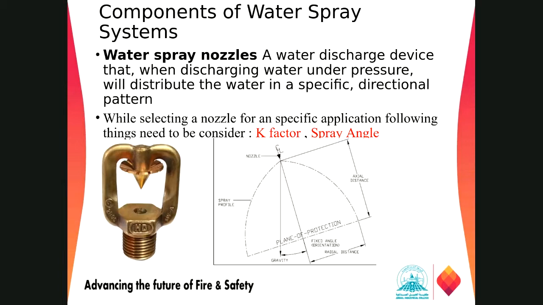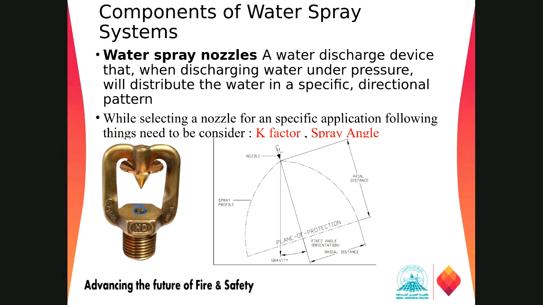Now here we have a nozzle, right? If you can see, this is a water spray nozzle. This is the orifice. It is much smaller than the one we see in K5.6 in the sprinkler system. And these are the open nozzles. So once there is a fire, the detection system, like a fire or gas detector, maybe pilot line detectors, detects the fire and gives a signal to open the deluge valve.